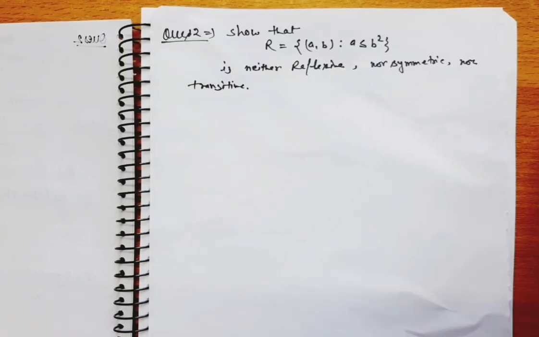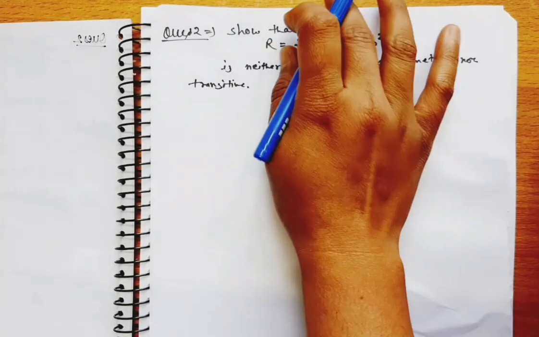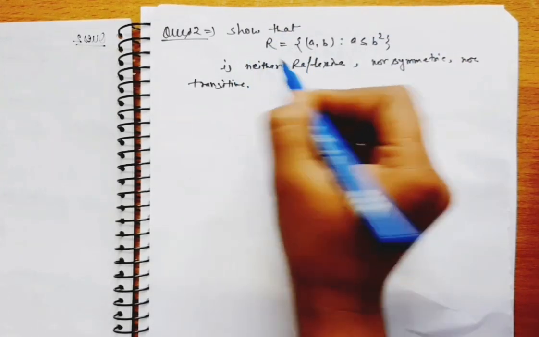In the last video lecture, we discussed some of the questions of exercise 1.1 of chapter 1, class 12th mathematics, relations and functions. In today's video lecture, we will discuss some more questions of this exercise. Let's start with question number 2 that is given in your exercise: show that the relation is given